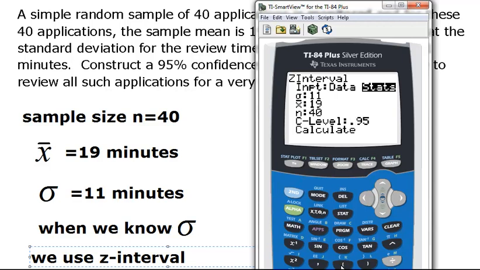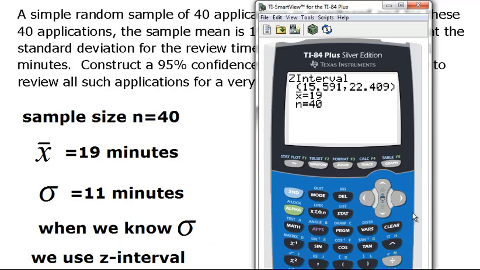We write all that and ask it to calculate. When we press enter, we get this 95% confidence interval for the mean time to review all